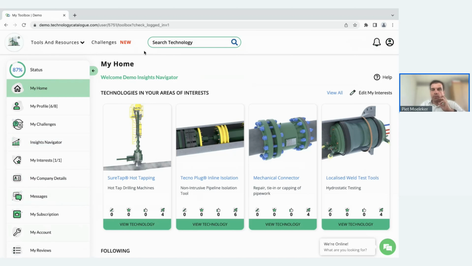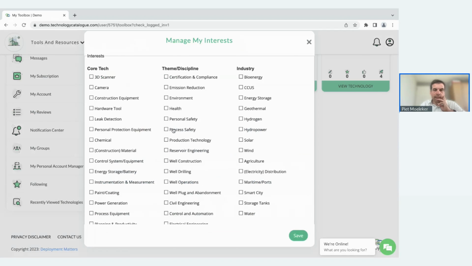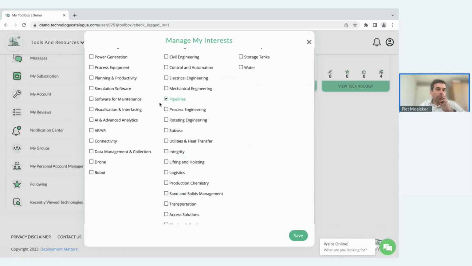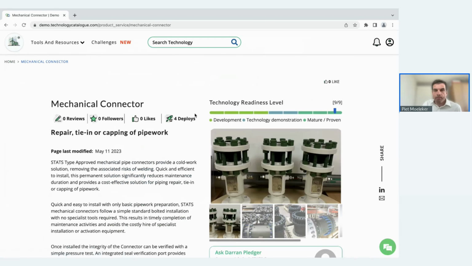Within our platform, you have an opportunity to edit or to set your areas of interest. And in this case, I have said that I would be interested, for example, in pipelines and pipelines technologies. And so in my toolbox, you see then also technologies that are linked to pipelines. If I just pick one, if I select here, for example, mechanical connector, I will go to my technology page,